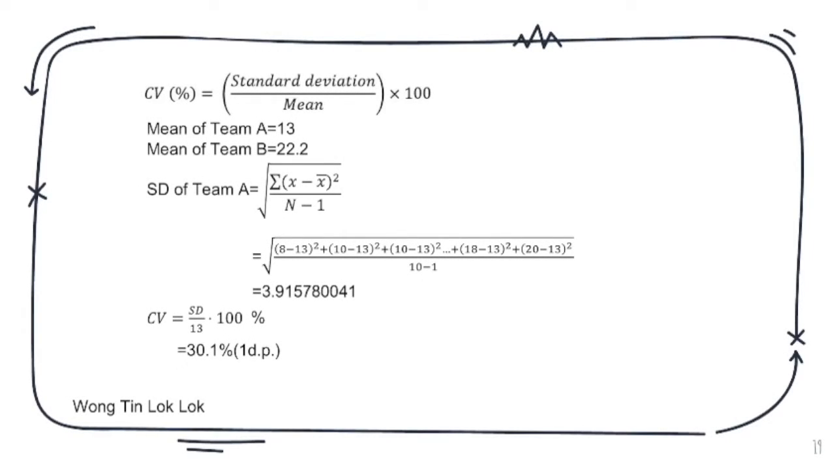For a CV percentage, it is equal to standard deviation divided by the mean times 100. The mean of Team A is 13 and the mean of Team B is equal to 22.2. The standard deviation of Team A is equal to the square root of the sum of (x minus x bar) squared divided by n minus 1. By substitution, the SD of Team A is equal to